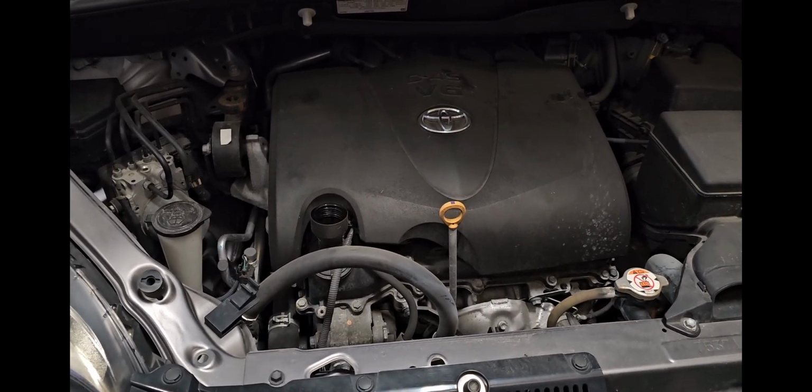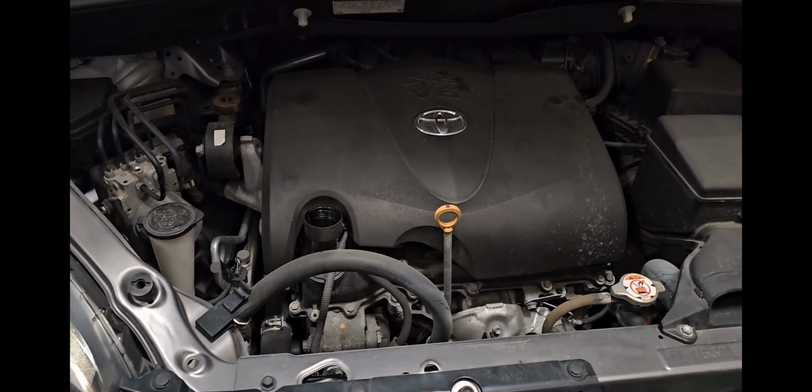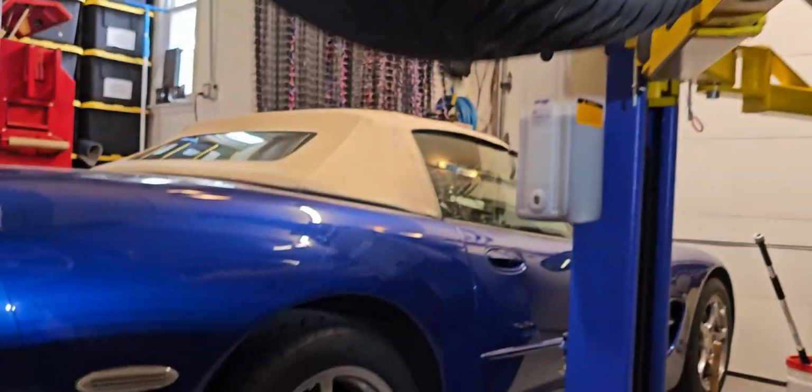up, and if you don't have a lift in your house, you're gonna use the jack to go under the car. So let's lift the car up, come back and see how it's gonna be done. All right guys, so